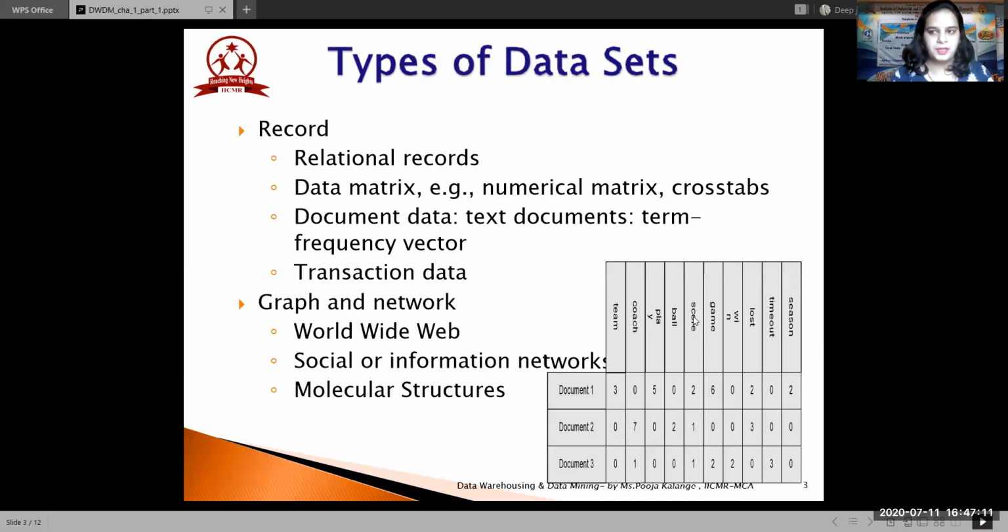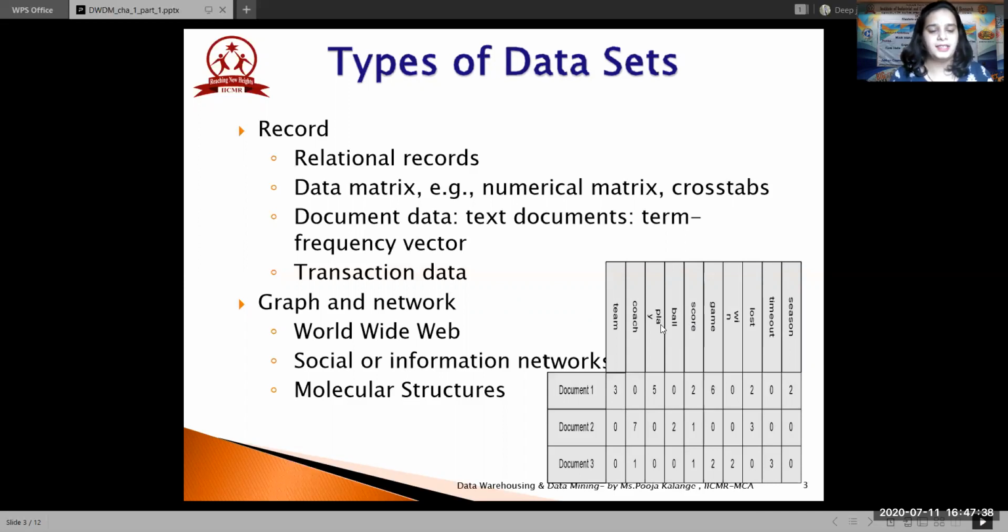Now, first we'll see the different types of data sets which are available. A basic data set which is available is said to be a record. A basic record which you have seen is, say, a telephone directory, where you used to see the contact numbers and the name associated with each number. So that is one example of a typical table-based record, a normal simple row-column record.